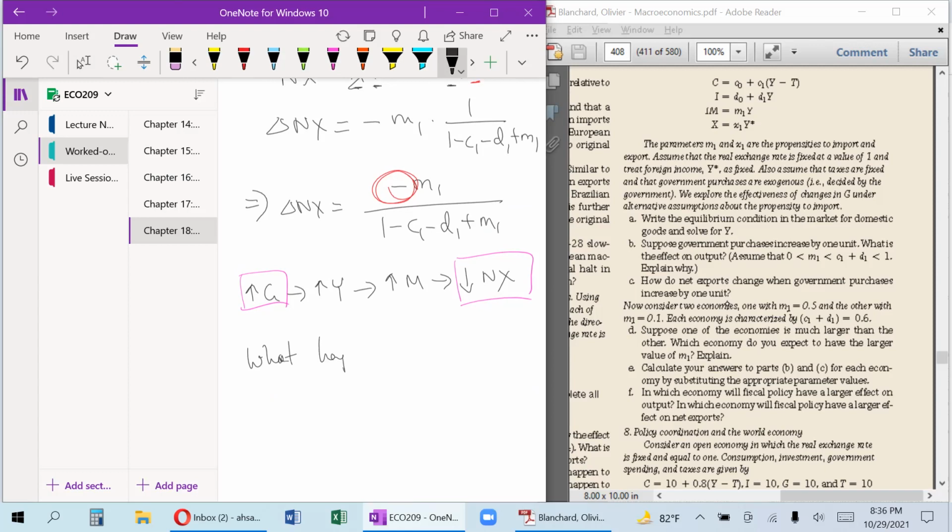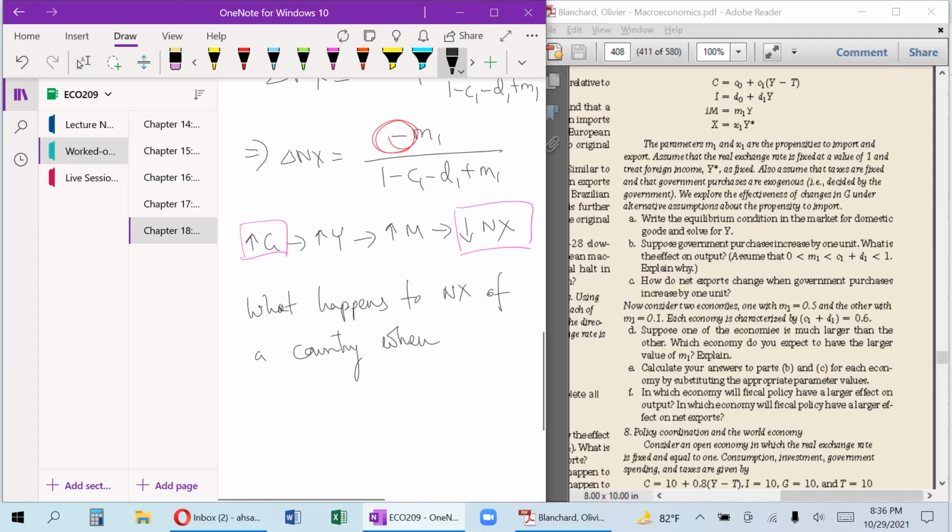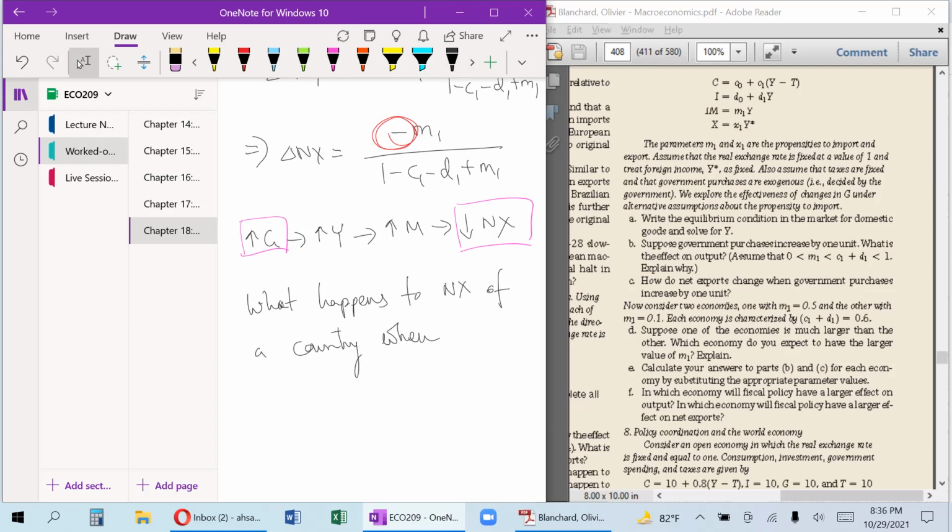What happens to net exports of a country when G changes, or if I were to get a bit more technical, when G increasing would be an expansionary